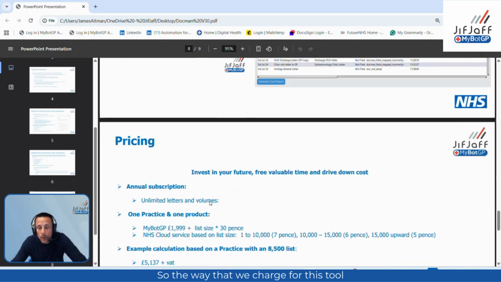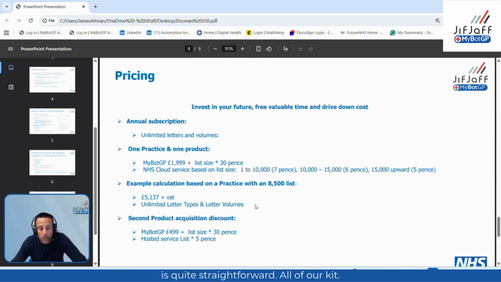So the way that we charge for this tool is quite straightforward. All of our kit, we have an annual subscription for, unlimited letters, unlimited volumes. Pricing is the same, other than an additional configuration cost, but it's the same pricing model: 1999 plus list times 30 pence for MyBotGP, and then for NHS Cloud, depending on how many patients you've got,